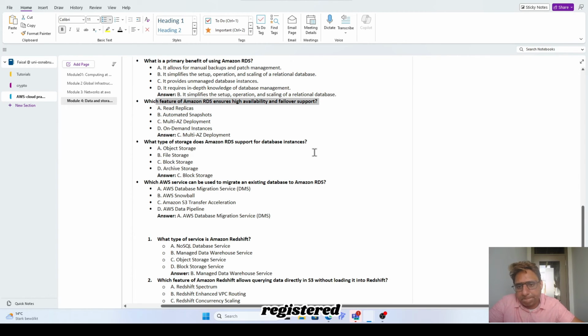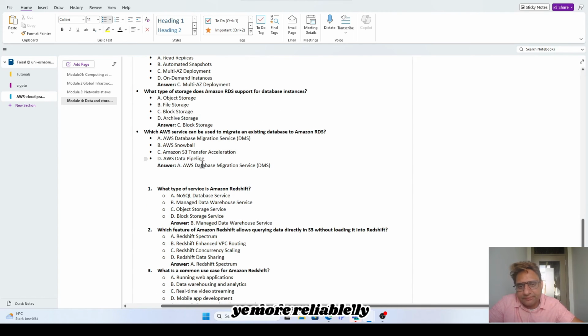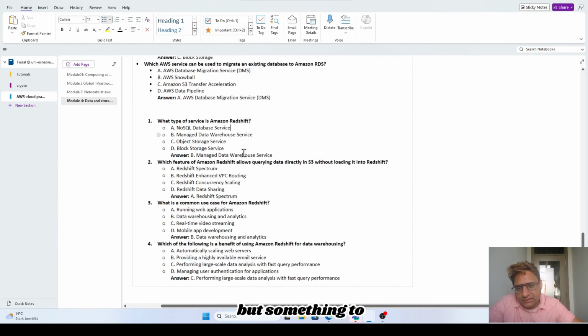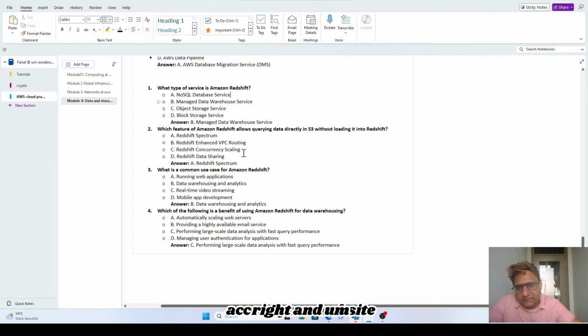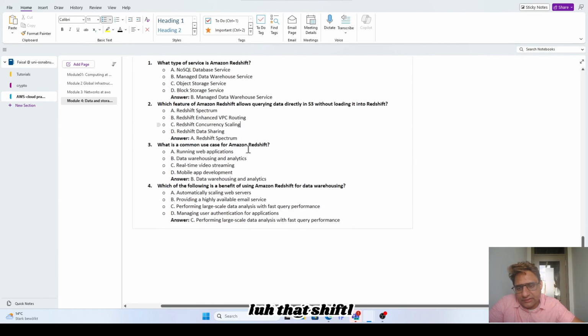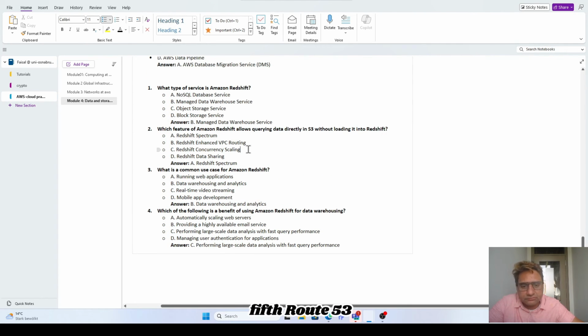So it's doing multiple zones, that's why it's more reliable. Yeah, it mostly relies on the EBS block, right? Migration, we have some special stuff, as we have seen, for database migration, right? And this is for data warehousing, as I discussed. Redshift,